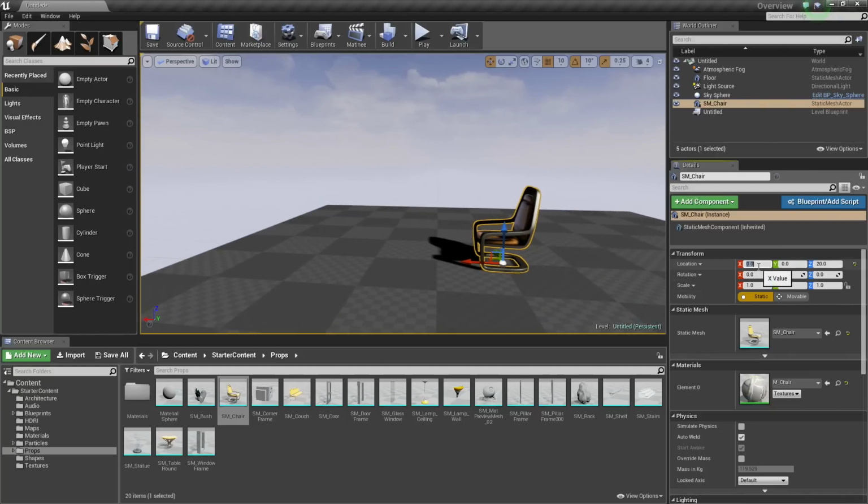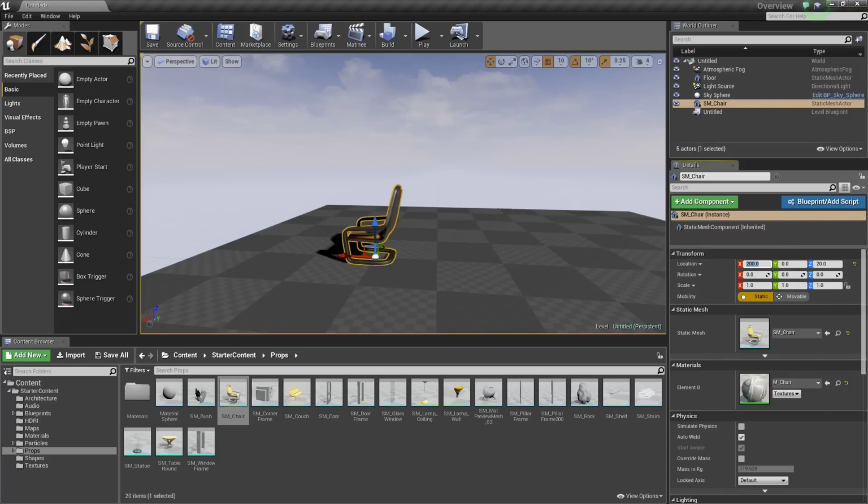And again, you can punch in any value that you want for the location of your object. So if I wanted 30, I can hit 30, and you see it moves my object 30 centimeters along the X. Again, if I hit 200, it jumps up 170 centimeters from my previous location.